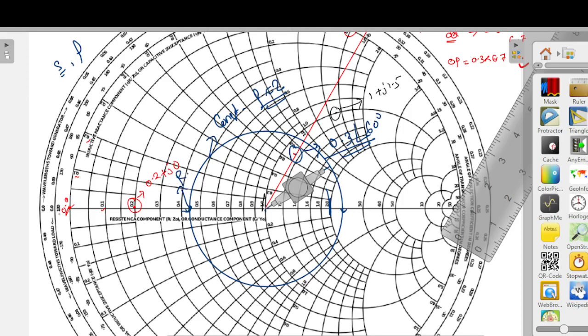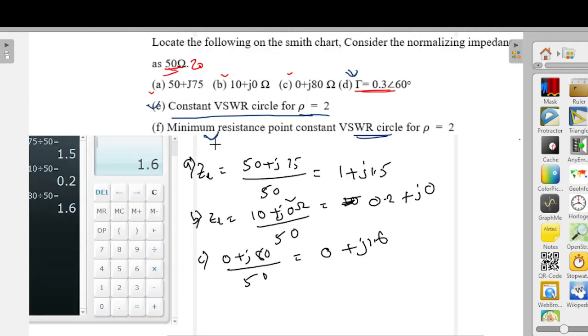So this is the R minimum resistance circle, and if you take this one as the line, here it is crossing actually 0.45, but for you it should be 0.5, because my line is further from this point. This should be your actual circle. So approximately 0.5; if you draw it, it might be a little bit different, but this should be your actual value. So this is how you can find the minimum resistance point on the VSWR circle for VSWR given as 2.